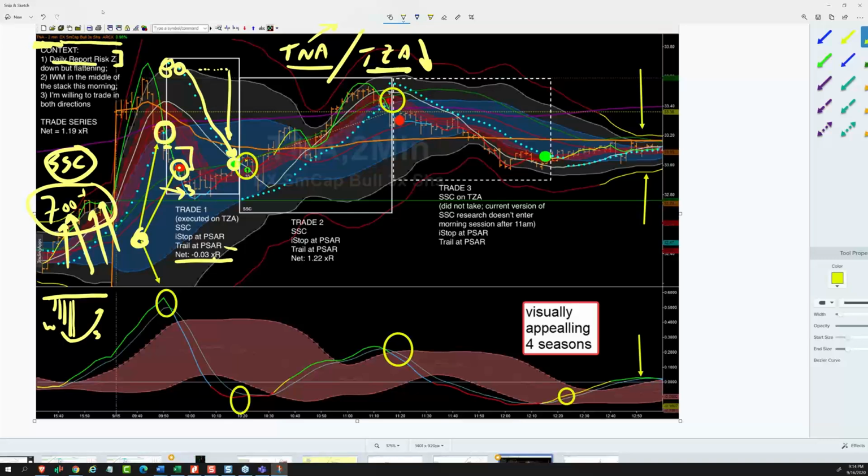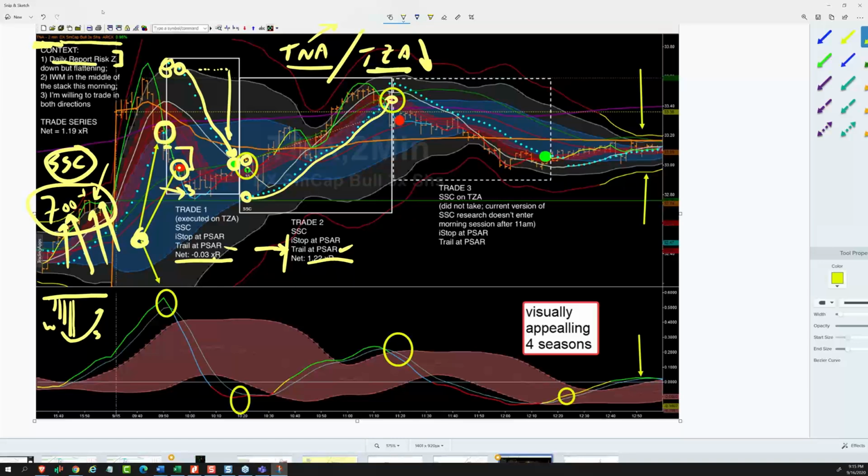Then the second trade. So that's their exit. Now the second trade, it's almost immediately a stop and reverse. And here's the SSC. Trade number 2, initial stop at the PSAR, and they're just in this exercise. What they're doing is taking those 700 trades and studying just this exit strategy. What happens if you just trade the trail with the PSAR? And it turns out to be pretty good. And an orderly exit for 1.22.